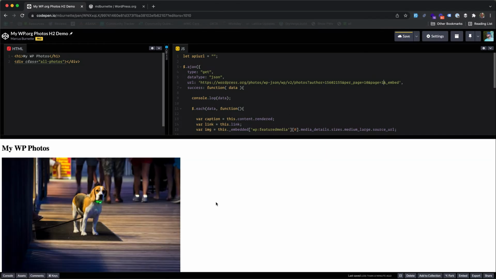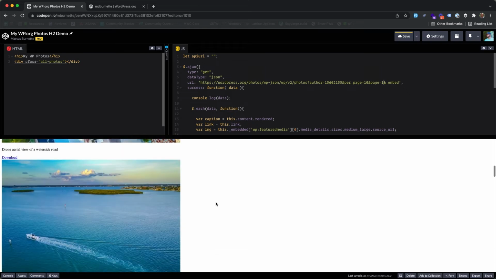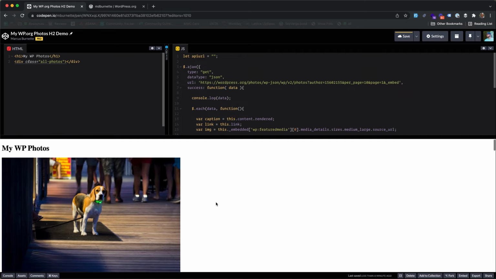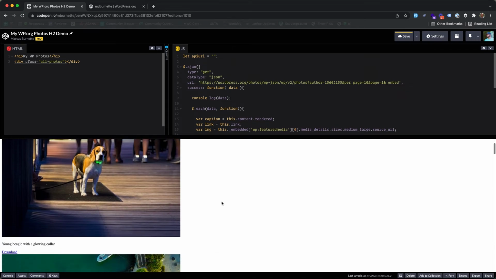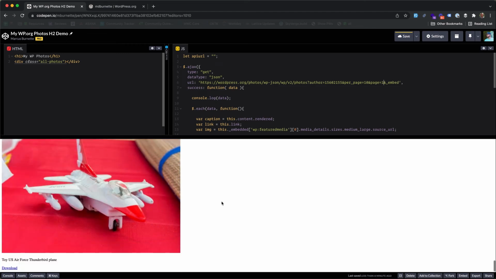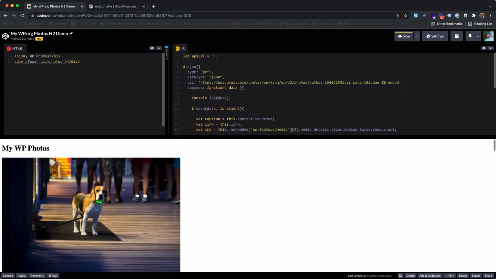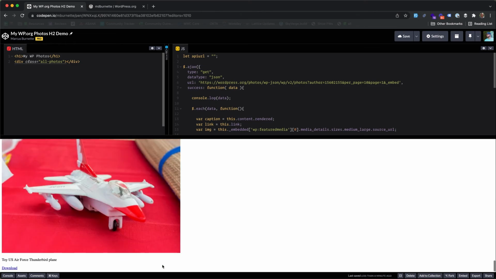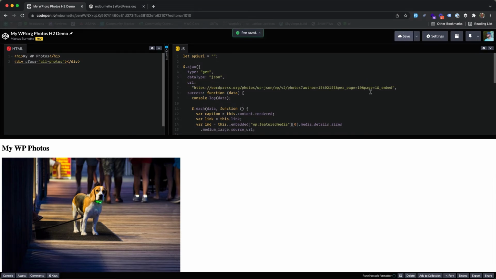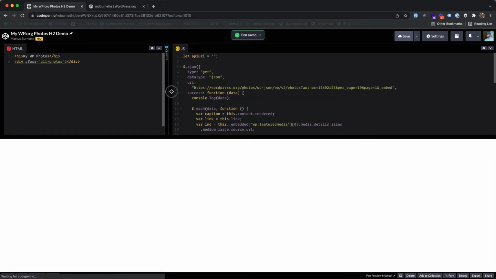Now, the photos did change because currently it looks like some additional photos that I've submitted are being approved. So don't let that fool you. The order hasn't changed, and the number of photos hasn't changed. It's still 10, but now there are a couple different ones at the beginning, and some at the end have dropped off because while I'm in the process of this video, a couple more photos have been approved, which is great. So I'm going to go ahead and save this, and let's do a little bit of styling